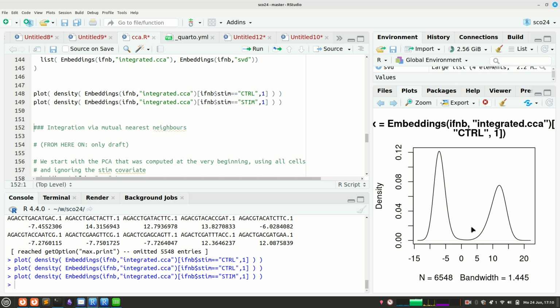The correlation is calculated over a group of genes, not over the CCs, but the correlation between stim and control cells over some genes. And for these genes, we take genes which have a high influence on this first CC. And then once I have done this,